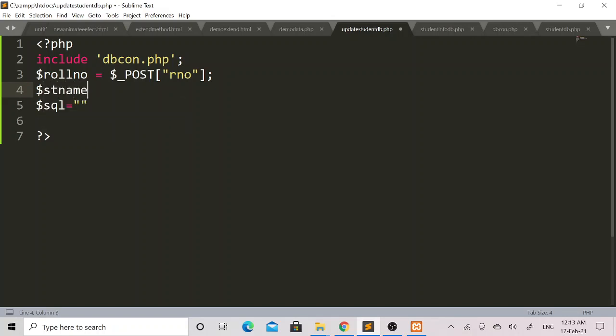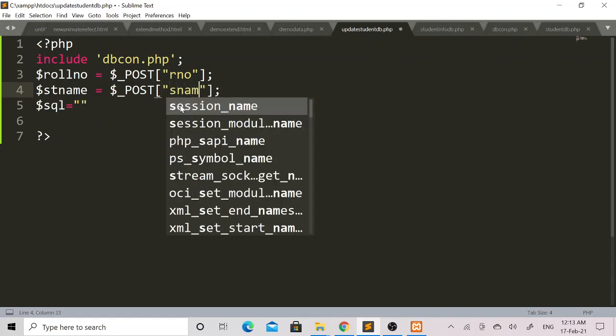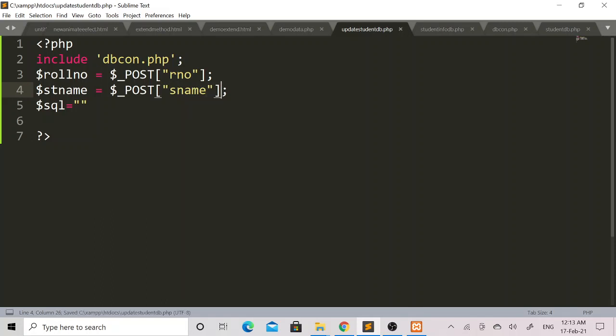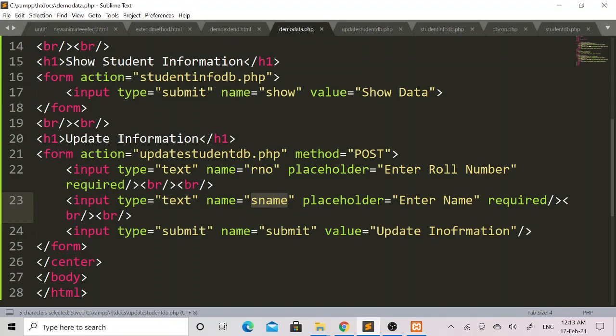I will simply set the $stname variable, and I will assign the $_POST variable value to this $stname variable, and within square bracket within double quote I will mention the sname value. This sname value I have set in the name attribute within this input tag of the update information page, where the user will enter the respective name.